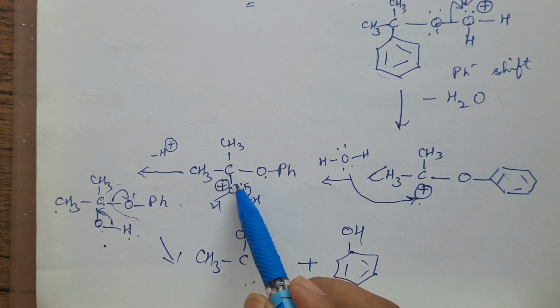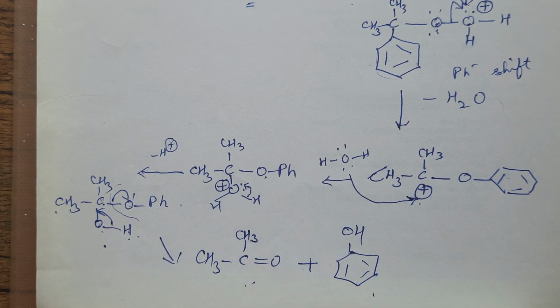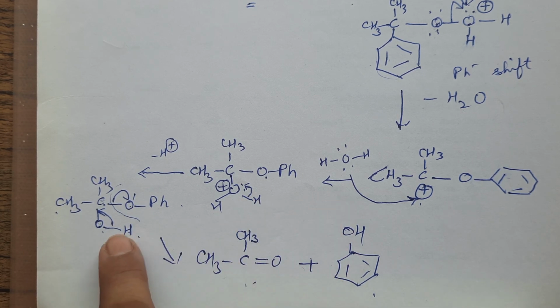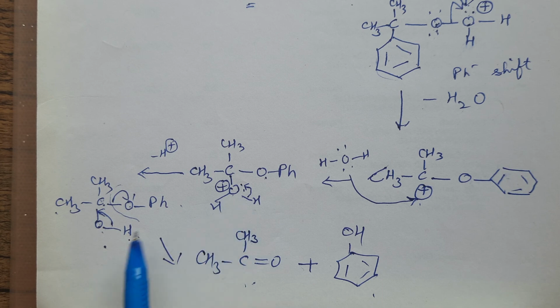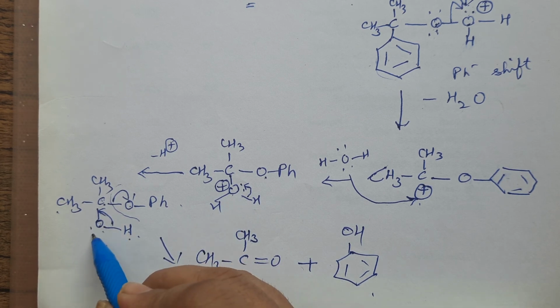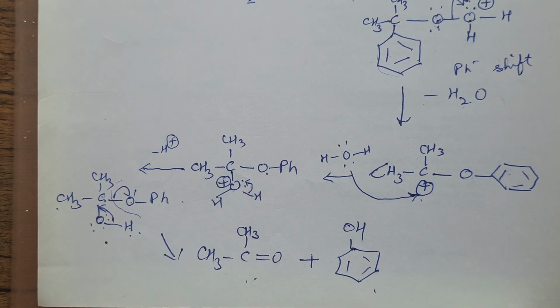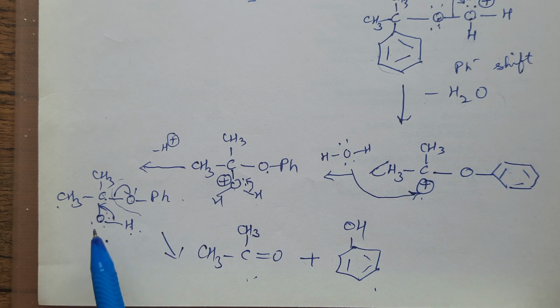It takes the electron, and H minus comes out. So basically twice the H minus has come out. Once it has come out here, and the second time H has gone with this phenol. Next, this comes out, H comes out. This will now have both the lone pairs, which I have drawn here. These are both the lone pairs back on O. Now when both the lone pairs are here, there is still the phenol preparation.